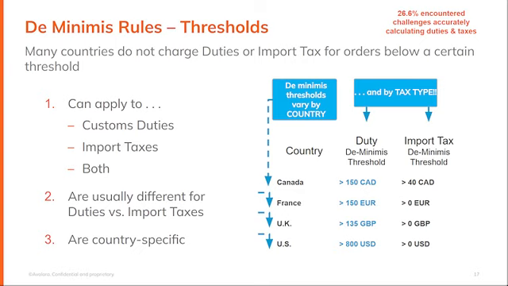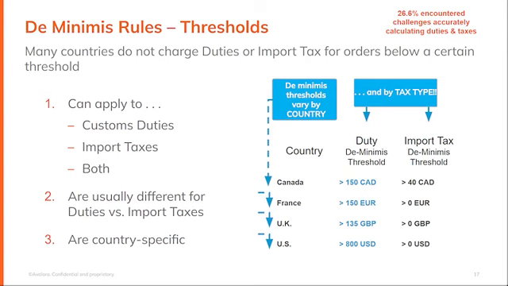However, each state has its own tax thresholds and tax requirements, which is an absolute nightmare. So I know it's showing a zero in this table, but there's a whole different set of thresholds and rules when looking at the US. So the point of this is we can see why it's so challenging and why it would be almost impossible for you as a business to try and maintain the different duty and tax thresholds when they're different for each and every country.